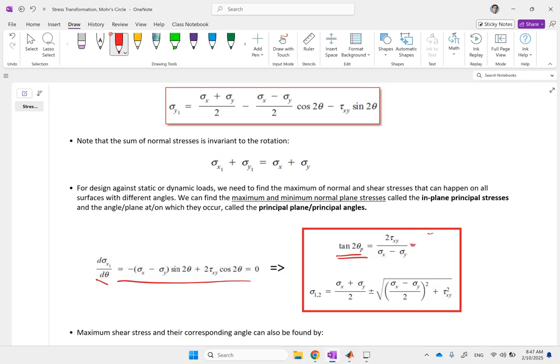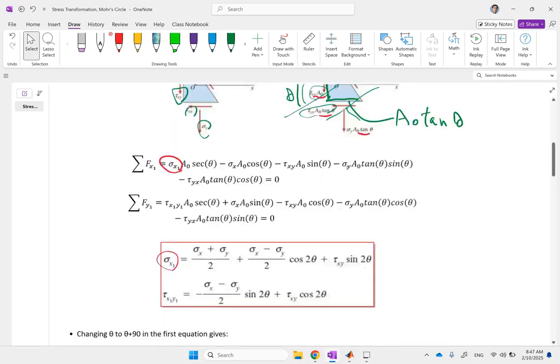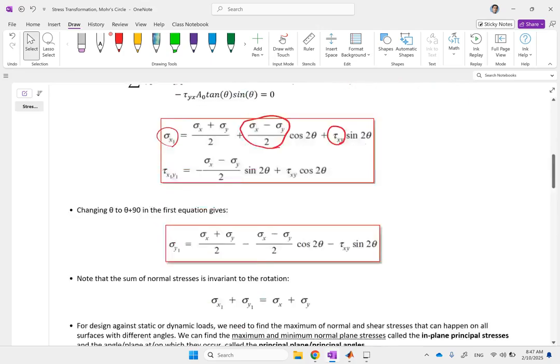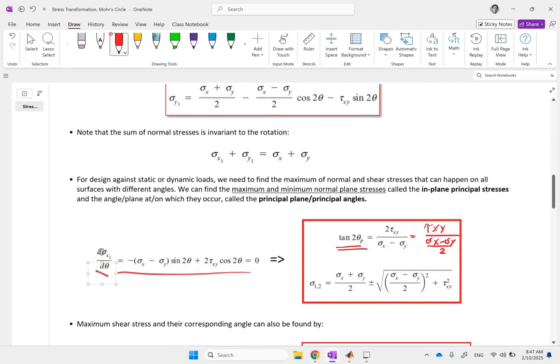They write it as tau xy, the shear, over the difference between the two divided by 2, like this. And why is it good? Because if you look at these two components, tau xy and the difference divided by 2, these are these two coefficients. So it's the coefficient of sine over the coefficient of cosine. That is going to be tangent of, pay attention to this part, 2 times the angle. So if you want the angle, you have to take arctangent from both sides